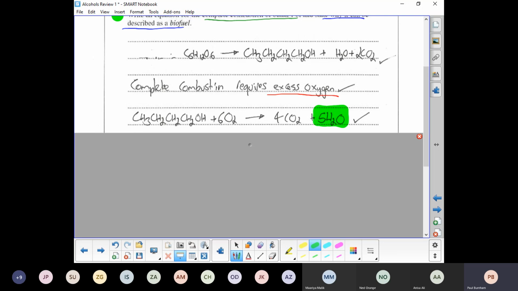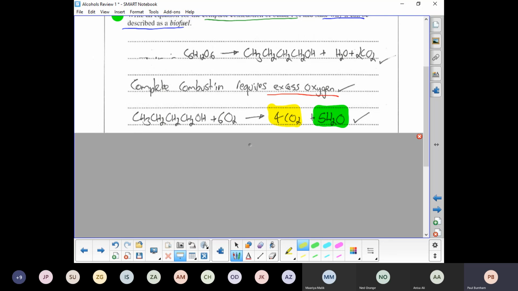Because I've got 4 carbons, I would get 4 carbon dioxides. And now I know my balancing numbers for my products, I could start thinking about the oxygen atoms. What a lot of people will do here is look at the 4 carbon dioxides and simply say, okay, that's going to be 4 moles of oxygen. I've got 5 waters there, so that's 5 oxygen atoms, 2.5 moles of oxygen, and we'll think to write 6.5